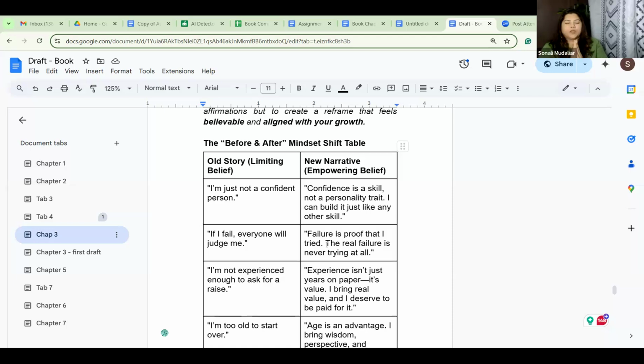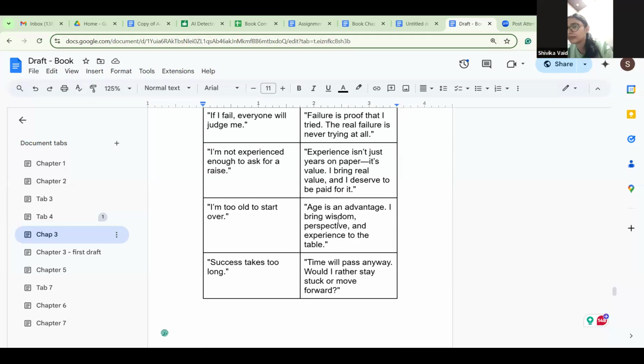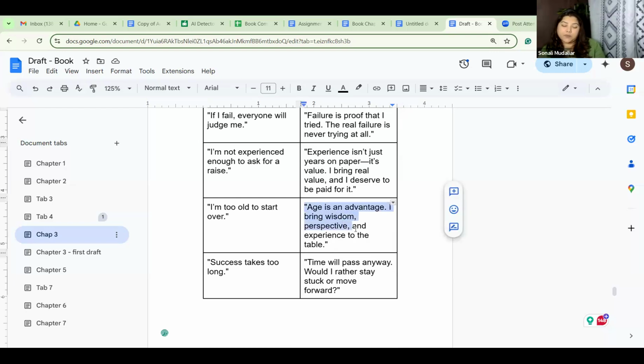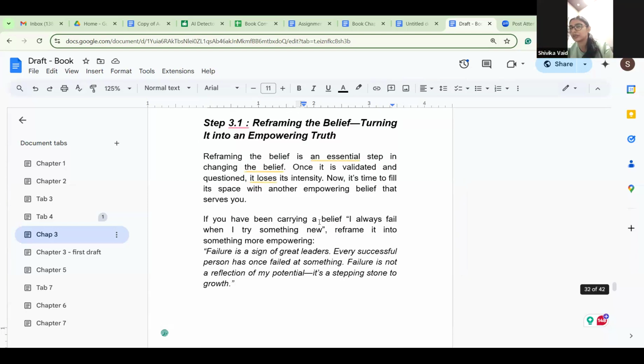My question is, say for example, someone has the belief, I'm too old to start over. This is a statement. When they have to switch from this belief to age is an advantage, I bring wisdom, perspective, and experience to the table, how will you shift my perspective from A to B? What techniques are you using? That's my question.